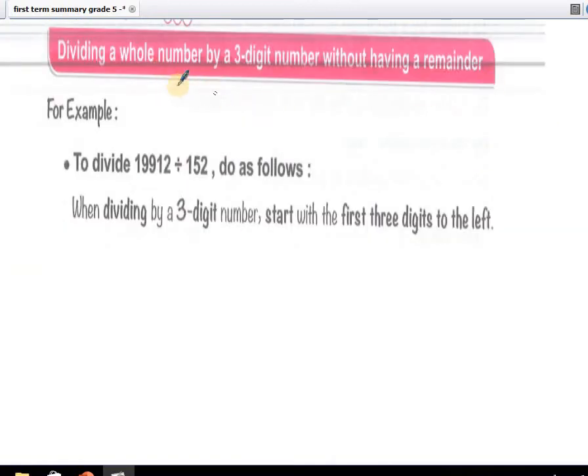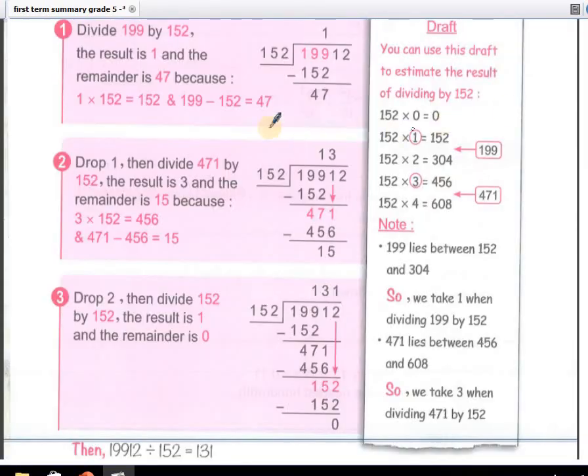Okay, dividing a whole number by a 3-digit number without having a remainder, it's long division. When dividing by a 3-digit number, I start first from 3 digits to the left. Let's see. If I have the number, what should I do first? Daddy for dividing, mom for multiply, sister for subtract, and brother for bring down. Okay, and then which number here? I have this number, it's 152. I have to make it as a